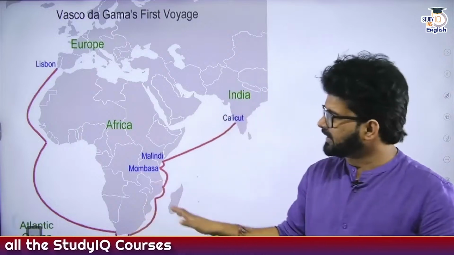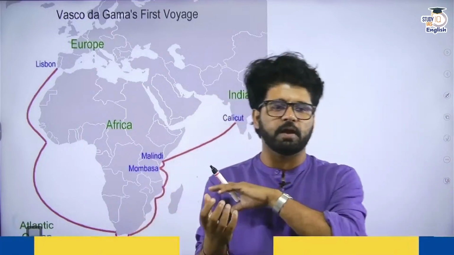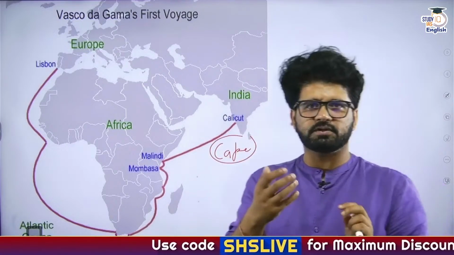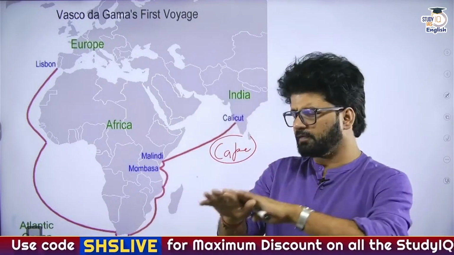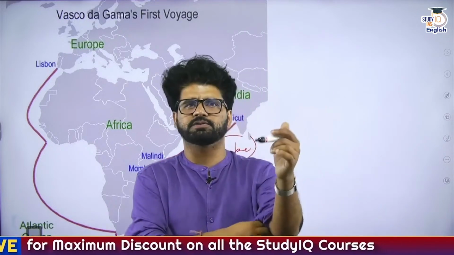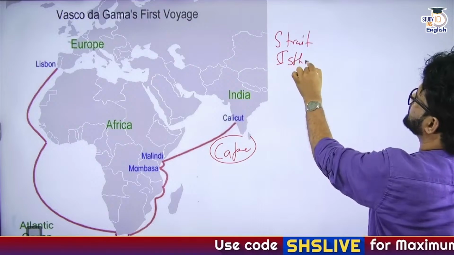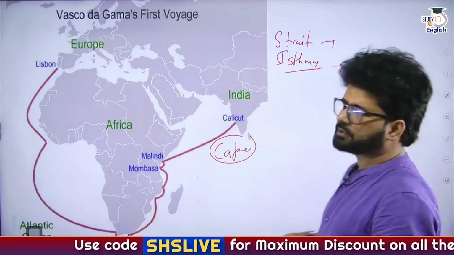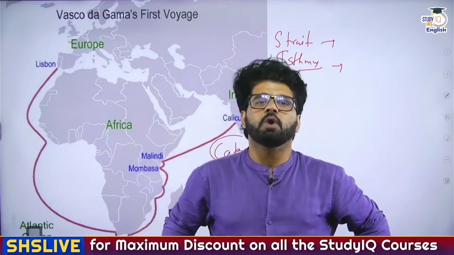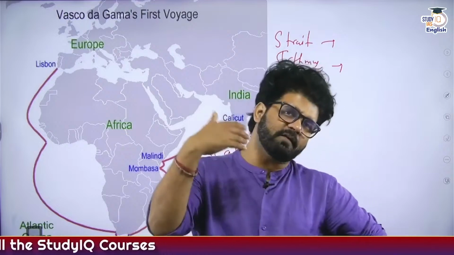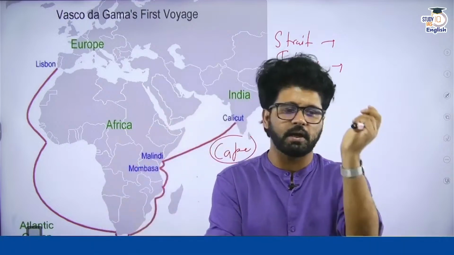Now here also, please understand, from exam perspective, history and geography are merging. We have to understand what the word Cape means. Just like we have discussed strait and isthmus. Whenever you are reading strait, read isthmus. Panama Strait, Panama isthmus, and then you have Strait of Gibraltar, Palk Strait. Strait is a narrow water body connecting two larger water bodies. In the comment section, you can post which two larger water bodies the Strait of Gibraltar connects. Then you have isthmus, a narrow landmass connecting two larger land masses.